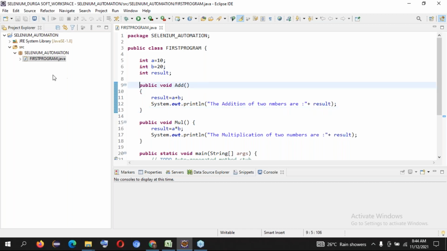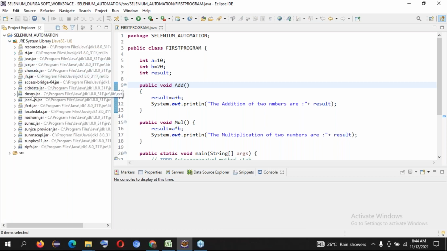Sir, I installed it and I just created a project, a package and a class. I just wanted to know whether we need to add any jar files or not. Not required. For every project you create, whether it is a Java project or a Maven project, it doesn't matter, the Java libraries are associated by default.